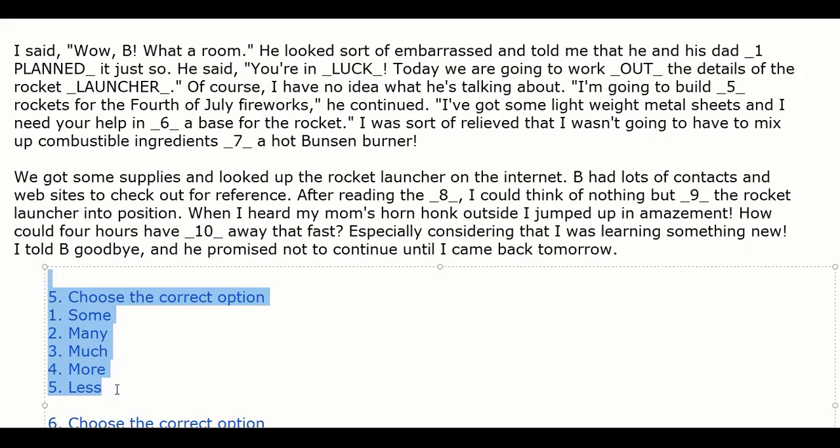Explain, Moksha. Because you can't be building more than one more rocket. Yeah, because when you are learning something the first time, you will start with something. That's a better way of saying it in English. I'm going to build some rockets for this. Because some doesn't mean only one or two. It can be any number also. That's why we cannot say many or much or more. More we can say only when there is already something there. Many, to start with, you don't say many. You say, okay, I'm going to build some rockets. So very good, Moksha and everybody. Some is the correct one.